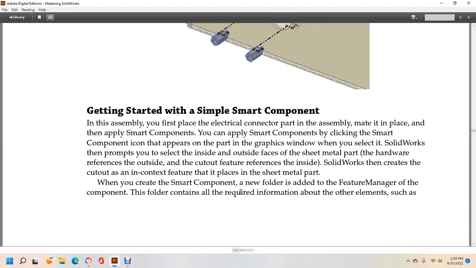Getting started with simple smart components. First, place the electrical connector part into the assembly and mate it. To apply the smart component, click on the smart component and icons appear with the parts in the graphics window. When you select it, SolidWorks prompts you to select the inside or outside face of the